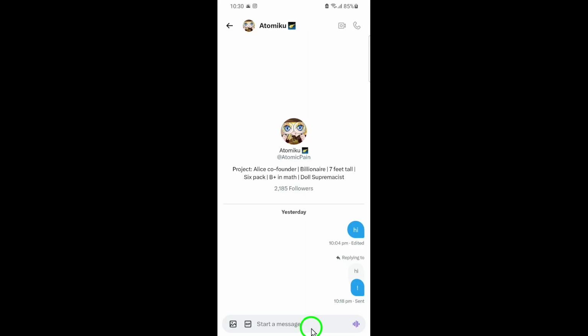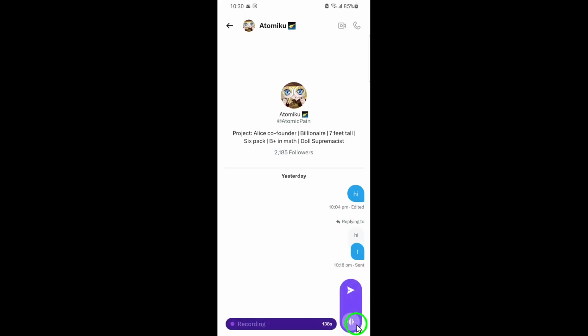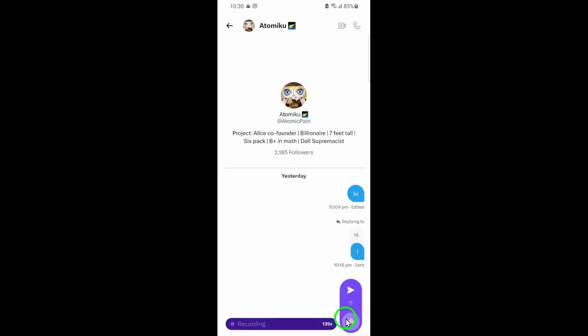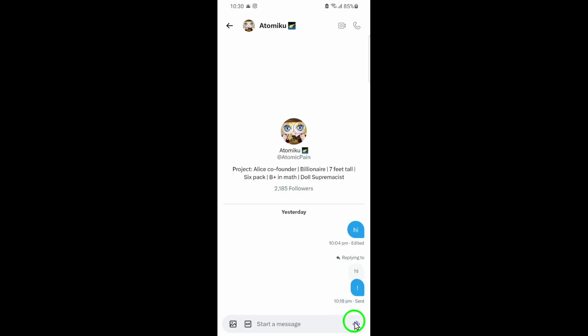Now here's the important part. To send a voice message, look for the small record icon right next to the typing field. It usually looks like a little microphone. When you're ready, press and hold that icon to start recording your message. While you're holding it down, speak clearly into your phone so the person on the other end can hear you without a problem. When you're finished, simply release the icon, and your voice message will be sent instantly into the